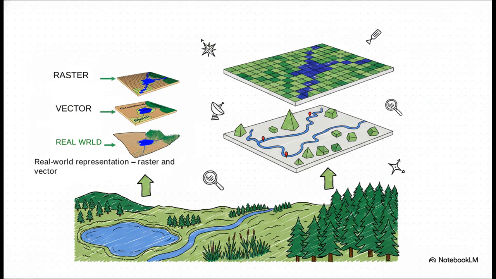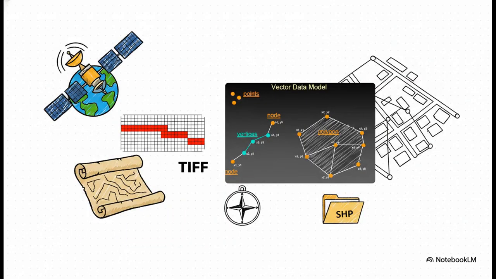These are the 2 primary data models we use in GIS to represent reality. Let's contrast them directly so you can see the difference. The raster format uses a strict grid of square cells to model reality. It's kind of like a digital photograph made up of tiny pixels. A shape is defined just by filling in specific squares on that grid, and these are often saved as TIFF